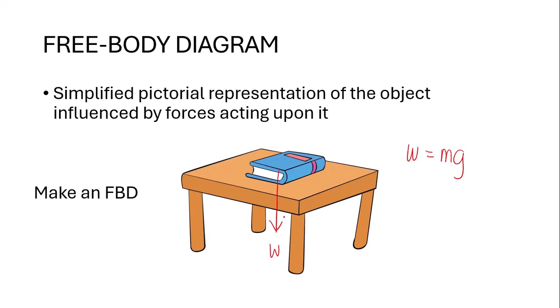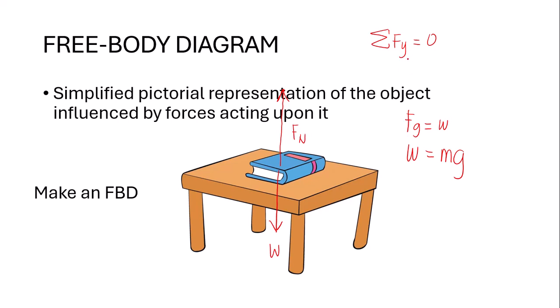Now, aside from the force due to gravity, there is an opposing force perpendicular to the so-called reference axis. We call that perpendicular force that counteracts the weight the normal force, or F sub n. And considering that this book is at rest, the summation of forces along the vertical axis will be equal to 0, because the object is not moving.